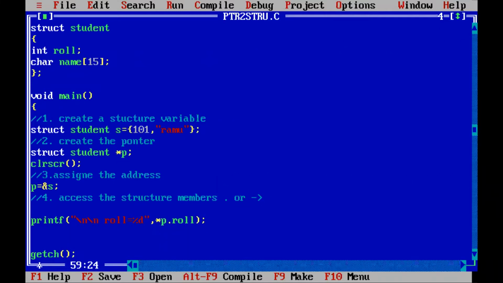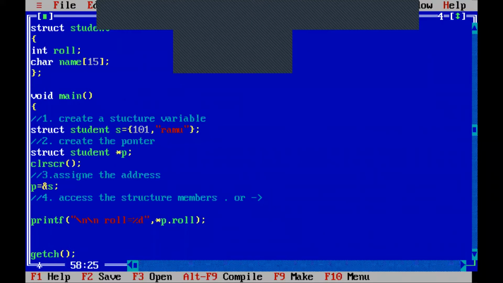If you compare the star operator and the dot operator, the dot operator has high priority. So first it will try to access 1000 address dot roll number. Then it will talk about the star operator. So first we are giving the priority for the dot operator. When it is performed, it will try to access 1000 dot roll number. It is also meaningless. So first priority should be for that star. So keep that star operator and P in the parentheses. Now first priority will go to the star and P. Now star P means we are pointing to the structure variable S.